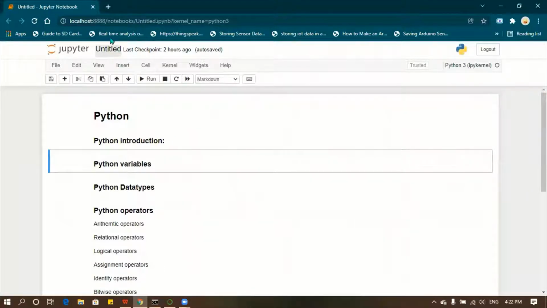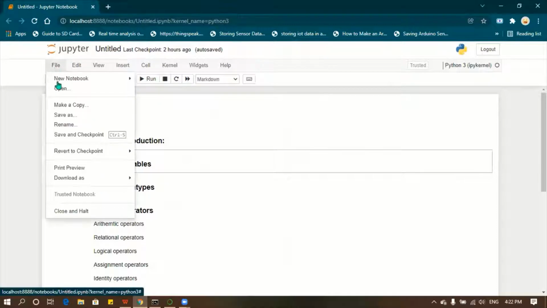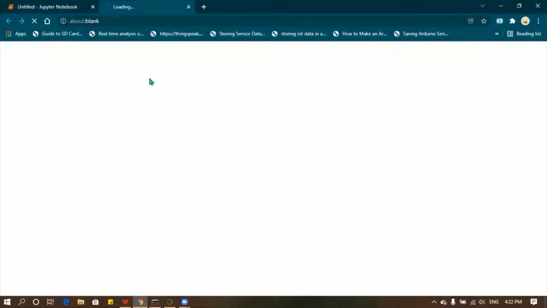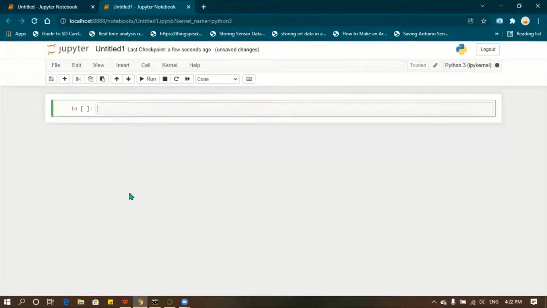After opening that, what it will look like is, so a Jupyter notebook will look like this.